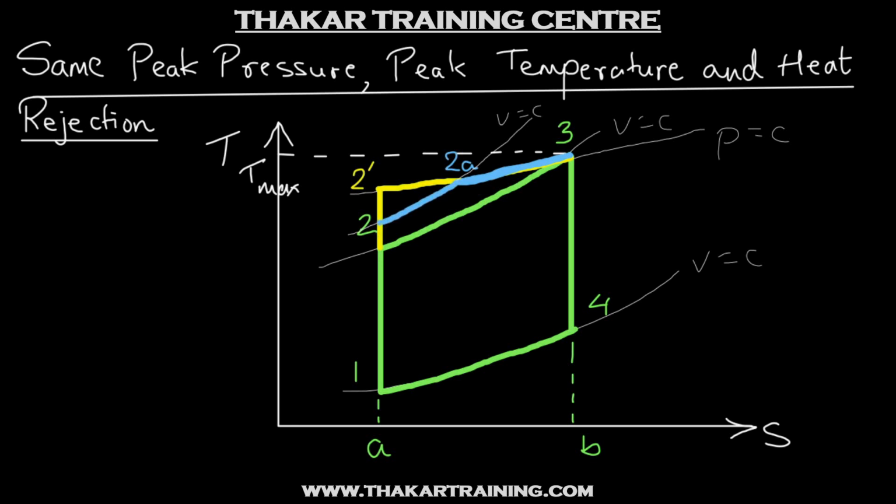And then this is the extra compression that you will have to follow in a dual cycle, so that you end up with the conditions of same peak pressure, peak temperature. Alright. So once again I'll just erase this point 2 which was marked for Otto cycle. So I'll mark it here. And then this is point 2 for dual cycle. Alright. So 1 to 2 is the compression process of Otto cycle. This is 2 double dash. 1 to 2 double dash will be for dual cycle, and 1 to 2 dash for the diesel cycle.